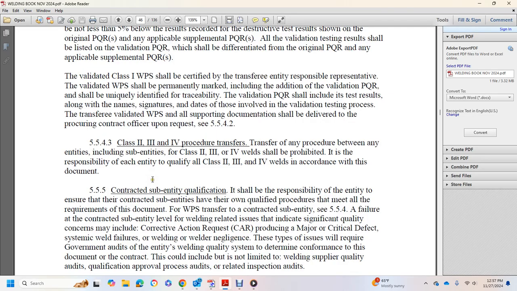Contracted sub-entity qualifications and responsibility: the entity shall ensure the contracted sub-entity has their own qualified procedure to meet all of the requirements of the document, welding performance specification, trained with the contracted sub-entity. C554: failure at the contracted sub-entity level of the welding related to the issue indicated as a significant quality concern may include corrective action required with the procedure, the major or critical defect